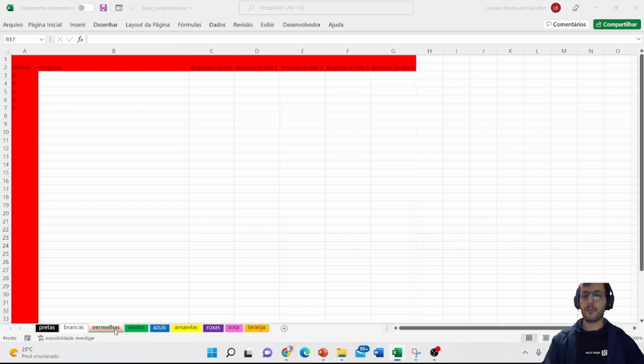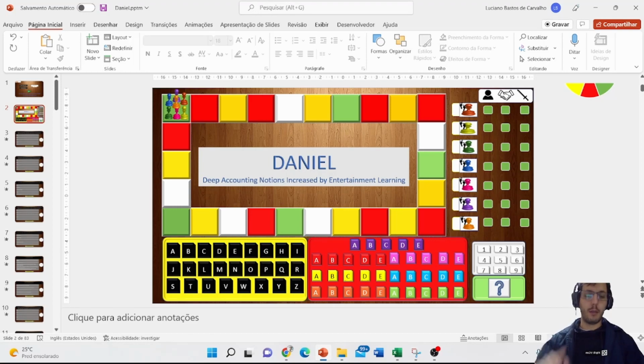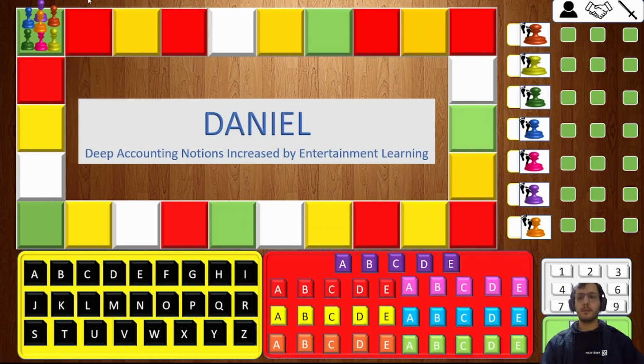For example, when I'm going to start the game, just to show an example here. Okay, here is the board. If you click on the group color here on the right side, we are going to make the object of the group go one step ahead. For example, I'm going to click on the red one, then the red one reaches the red square. Then the red group is going to choose a card from another group's color to answer. For example, they can choose, I want to answer the